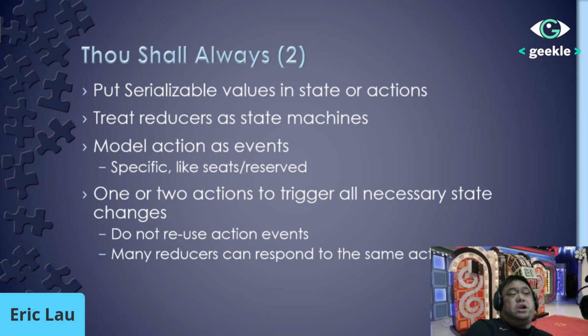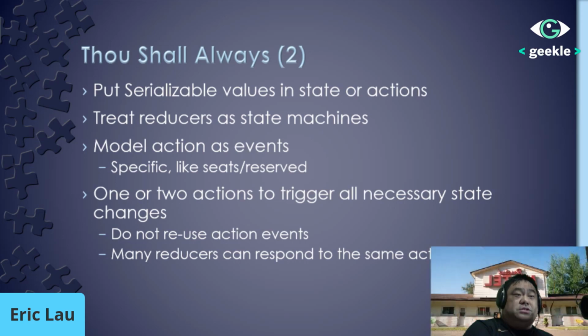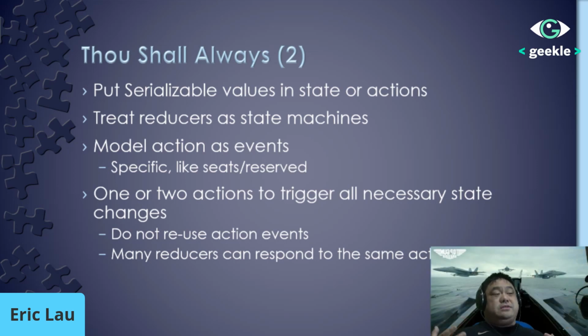And generally what you want is that you want your actions to be very specific to the UI. For example, if there's a button that says book a hotel, you want an action that says book hotel. You may even want a number of different actions that may do very similar things, or not the same thing, but you may want to have a different action so it's easier to tell where the button is from, where the UI flow got to that point. I mean, action types are cheap. They're just a string. You can name it whatever you want.